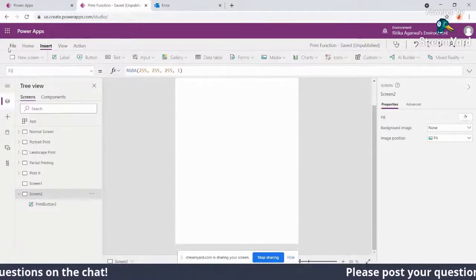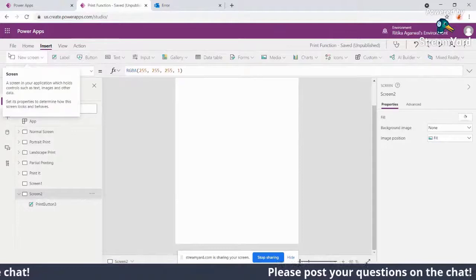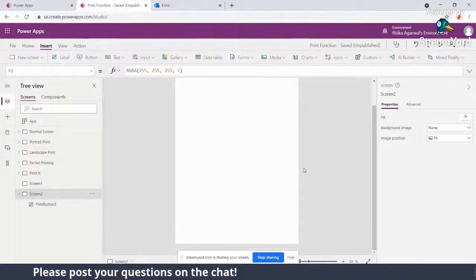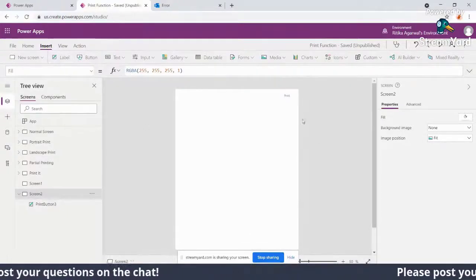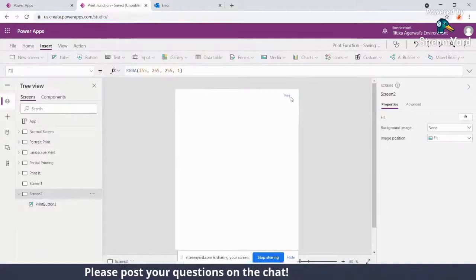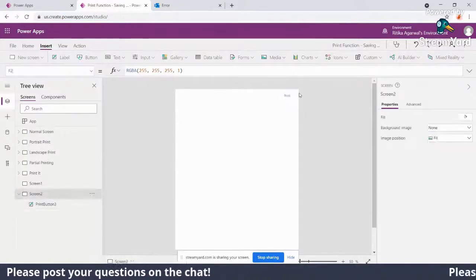Even though the app that I have created is in landscape mode, the screen that I have added is portrait, so I can change the size here a little bit based on what I already selected in my app.